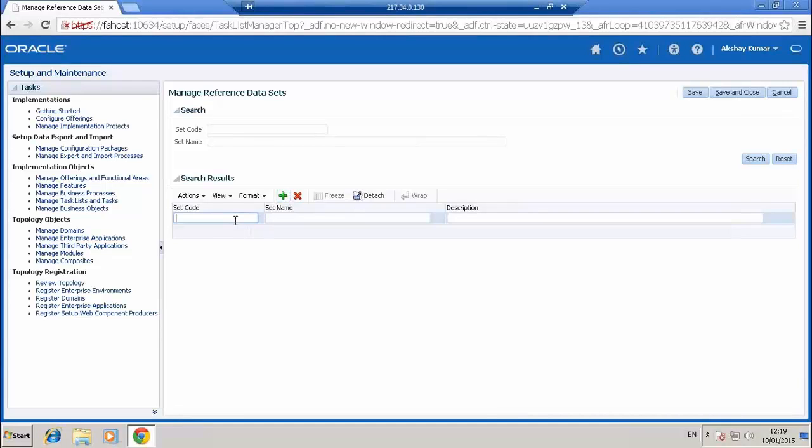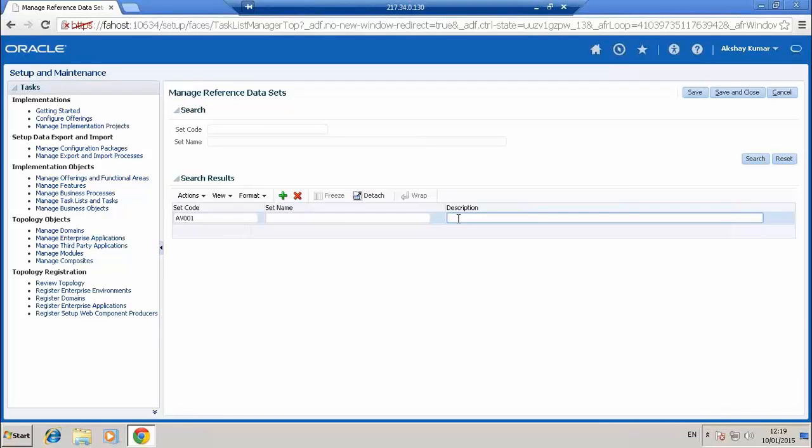This is the only task. You will give a code, AV01, and give a set name, just a description. Make a note of it: there are 4 set enabled objects. One is location, then we have grade, job, and department. These are the 4 set enabled objects. This is also a part of the question in the certification exam for core HR: location, job, department, and grade.